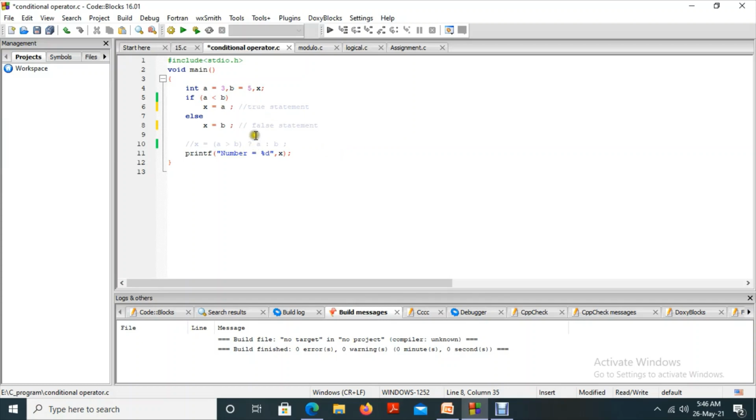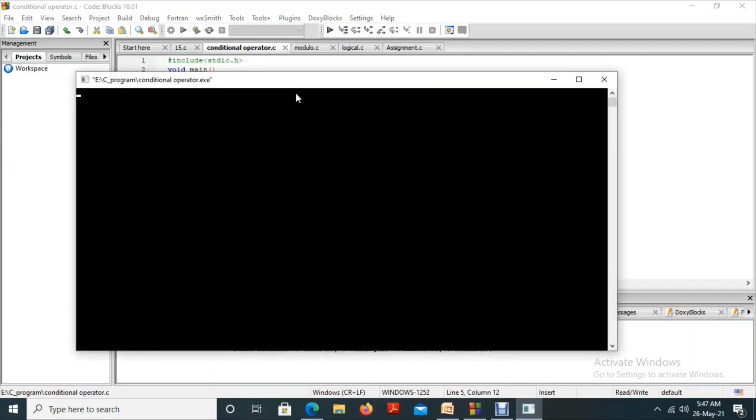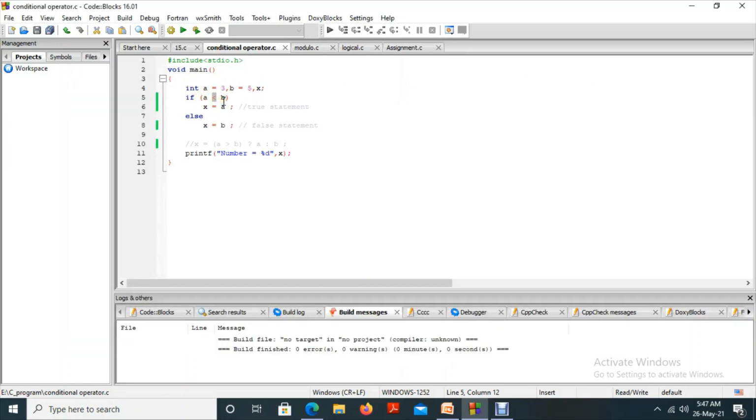So how can we achieve this? Only with the help of this relational operator. So a less than b, x equal to a. If the condition is false, it comes to this second statement. Let me check. Number equal to 3, because 3 is less than 5. So this is the way this if statement is used.